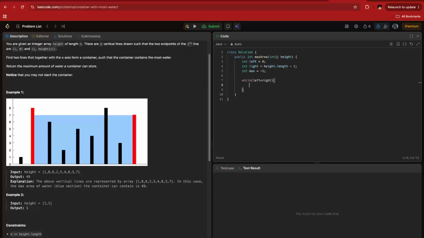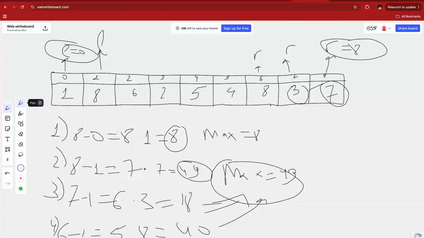We will have two if cases. If height left is smaller than height right, max will be equal to Math.max, and the second parameter will be right minus left, which is this number,